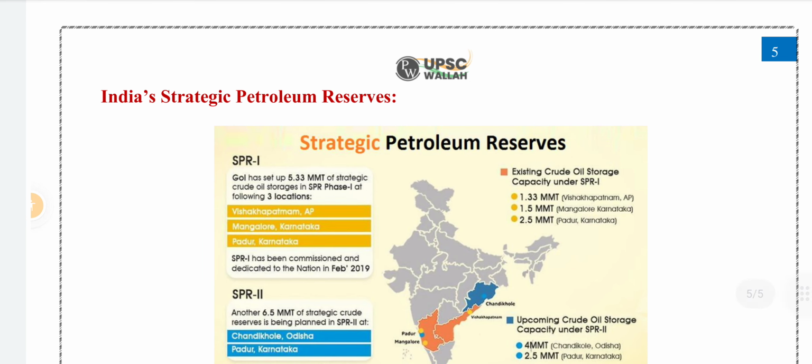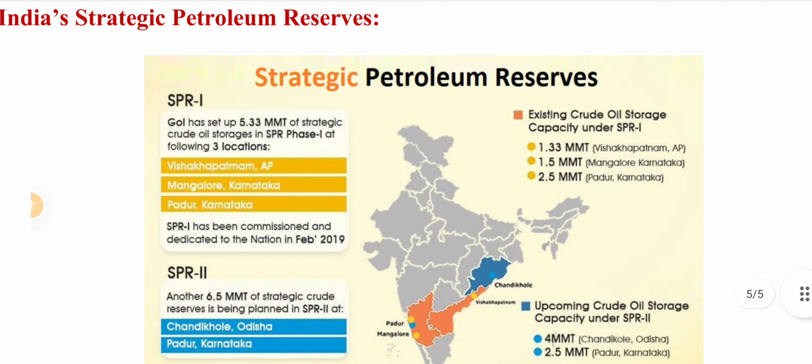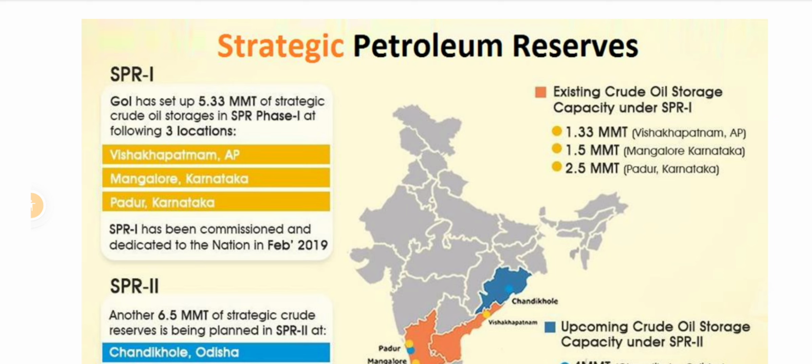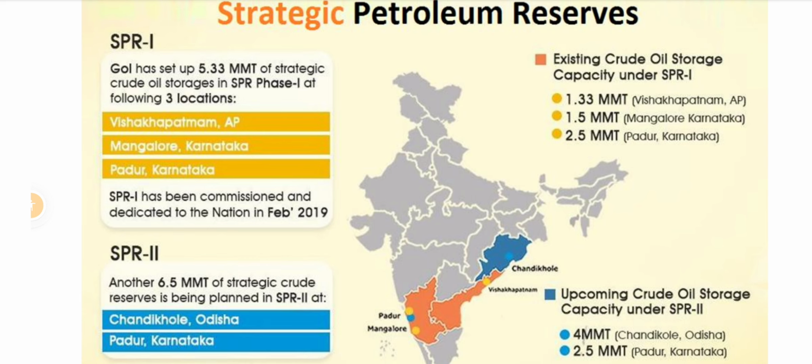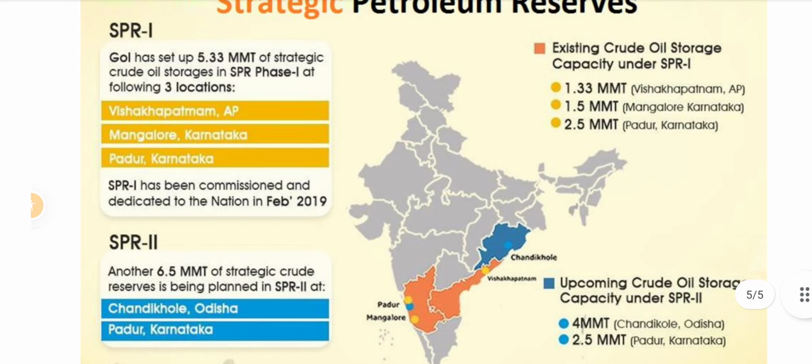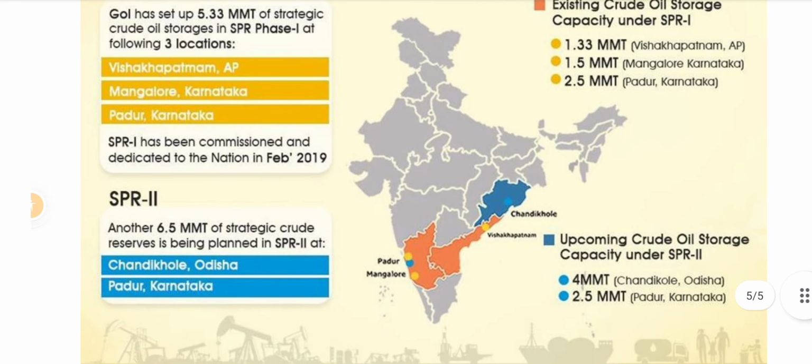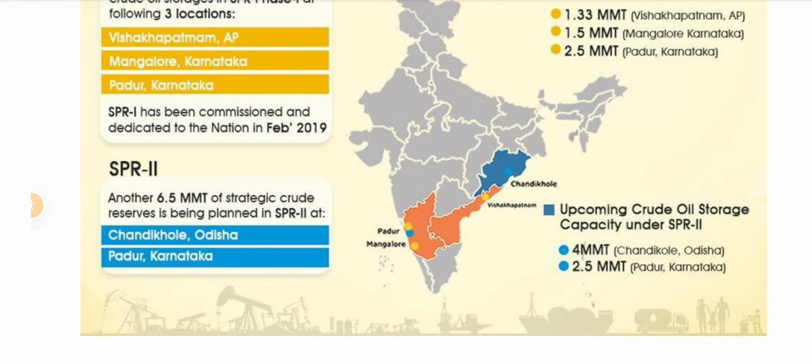Indian strategic petroleum reserves. Indian Strategic Petroleum Reserves, SPR, first: a goal has been set to set up 5.33 MMT of strategic crude oil storage in SPR phase 1 at the following three locations: Visakhapatnam, Andhra Pradesh, Mangalore in Karnataka and Padur in Karnataka. SPR 1 has been commissioned and dedicated to the nation in February 2019, and in SPR second, another 6.5 MMT of strategic crude reserve is being planned